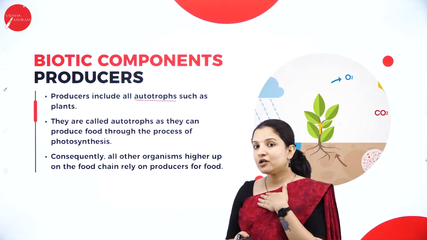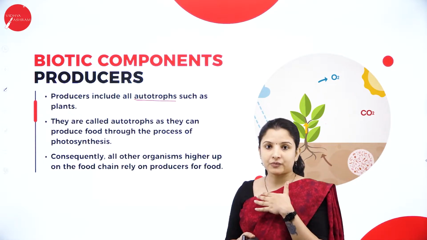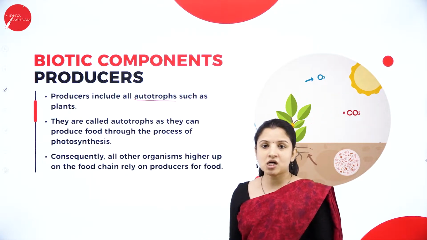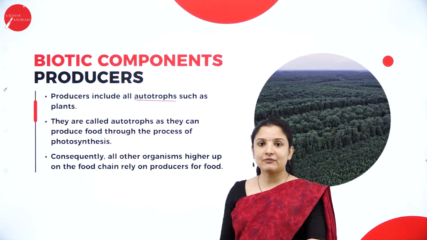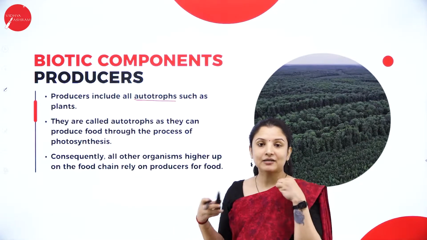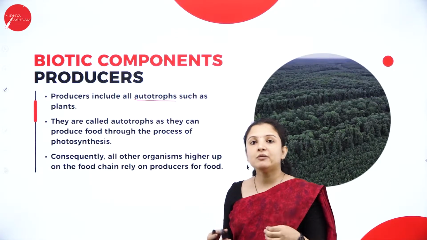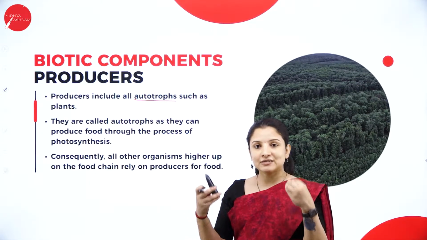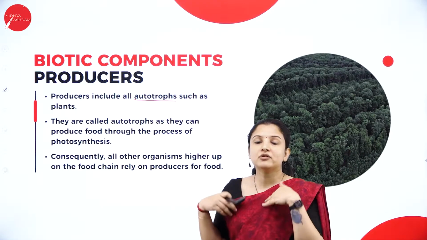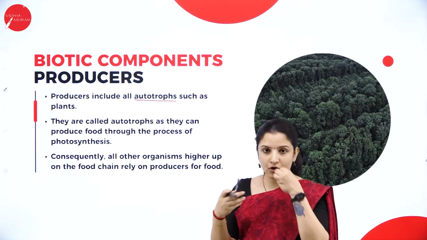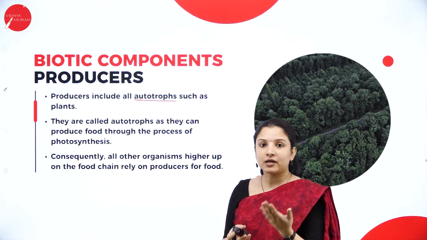So autotrophs are the plants, which are capable of synthesizing their own food. Are we human beings autotrophs? No. Why? Because standing here, can I synthesize my own food? Not possible. I'll have to go somewhere, eat something, right? That is why we are heterotrophs. Animals are heterotrophs because standing in their position, they cannot synthesize their own food. They'll have to depend on other organisms for energy, for food. So therefore, they are heterotrophs.